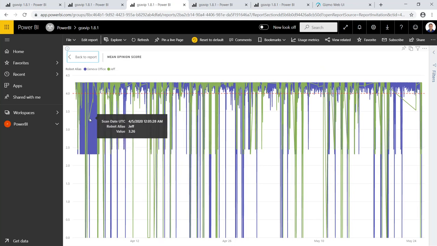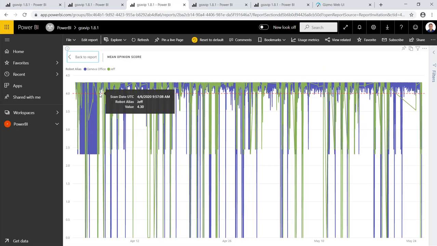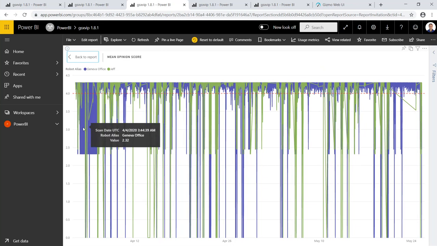So a good MOS is over 4. That's why you have a red line here. The maximum theoretical is 5, but the maximum that you can really have is around 4.5. Under 3, it's very bad. Basically, you cannot really do calls. So we had that big issue in Geneva.